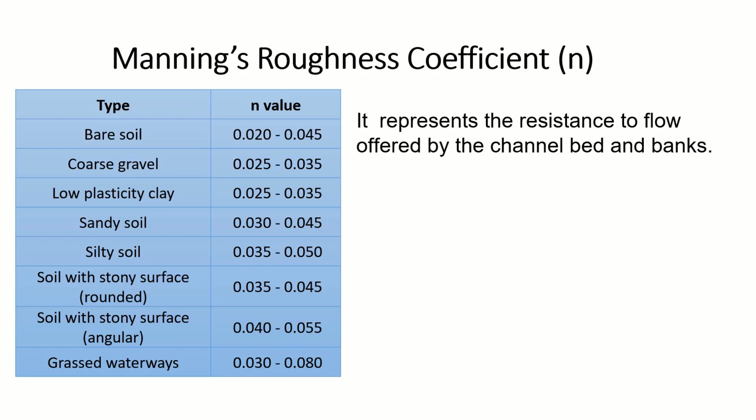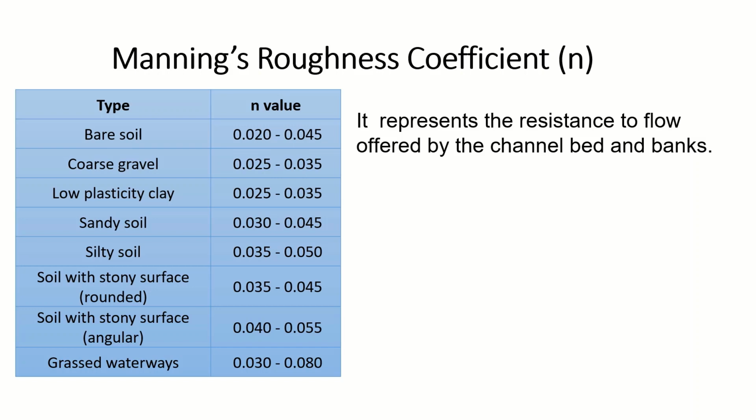For soils which have a stony surface, the roughness is slightly increasing, 0.035 to 0.045. For grass waterways, you can see that roughness is more, depending on the vegetation also. If the grass cover is very good or excellent, the N value may go up to 0.08